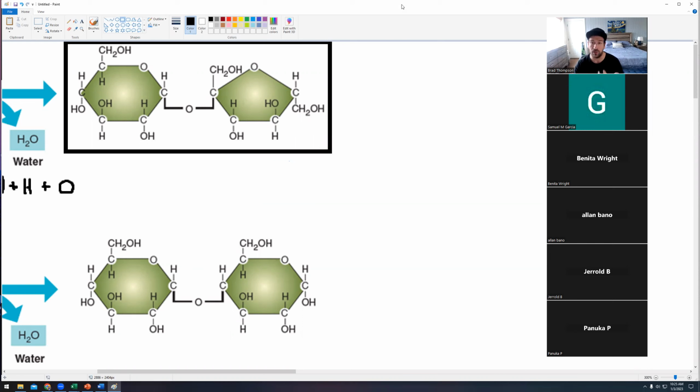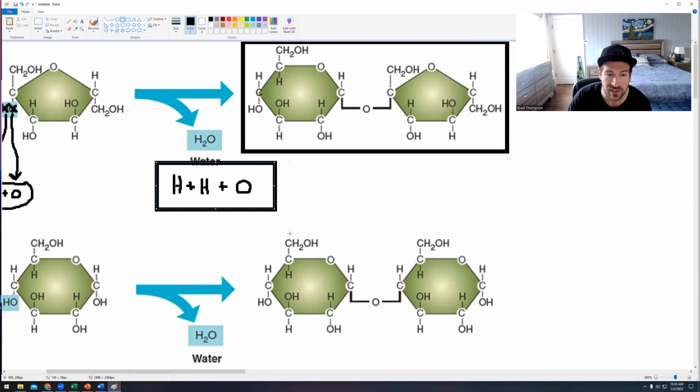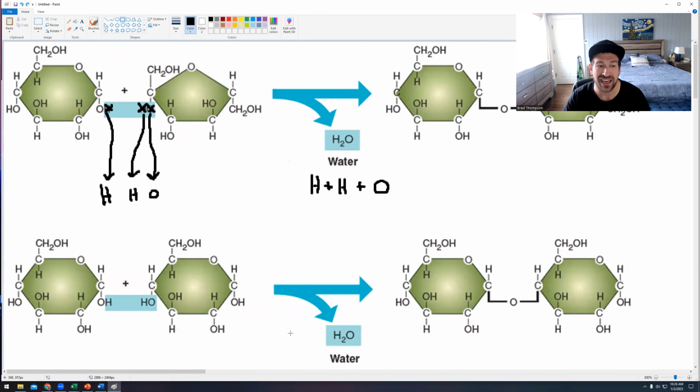And that's how we grow. That's how we metabolize. This is why it's so important for us to eat new food, right? We get new food so we can break it down catabolically. Then our body will anabolically build it back up. And we're left with some extra water when we're done. And that is the process we call dehydration